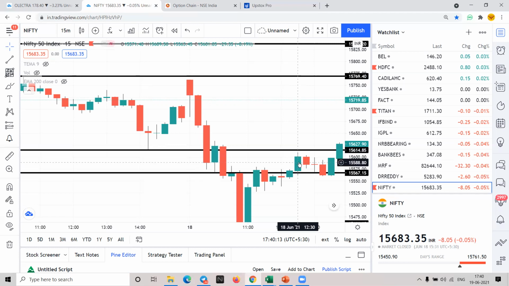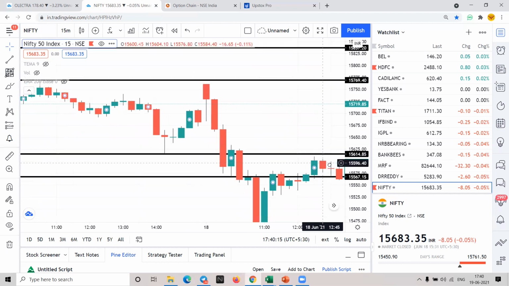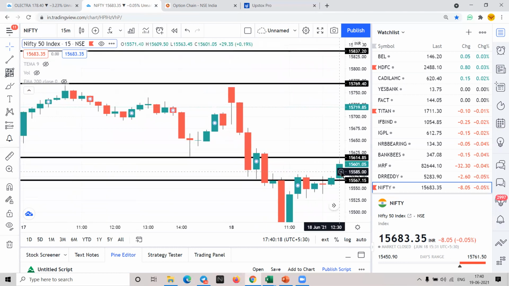Guys, tell me what the ATM is at present. If I'm looking, Nifty is here. What would be the ATM strike price? 15,550. Yes, that would be the ATM. In the morning, what was the ATM? 15,750. So with time, if the price is moving, the ATM is changing, yes or no? So if you are trading in the morning, whatever ATM is running in the Nifty, take that.